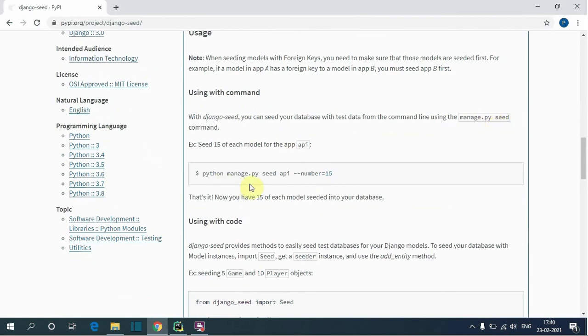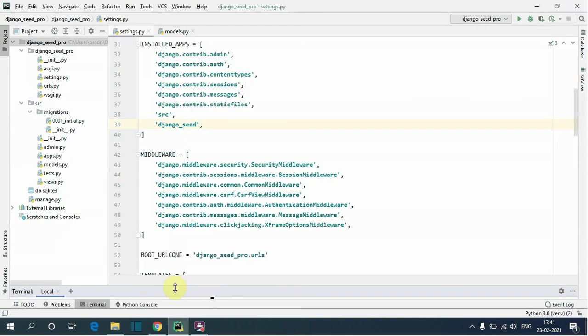To insert dummy data into the app API, for each model we can use python manage.py seed, the app name API, --number. Using --number we can specify how many dummy records we will insert, equal to the number of records, that is 15. So here we are inserting 15 dummy records.